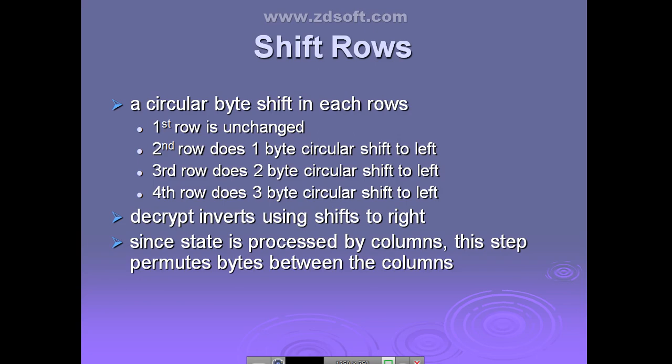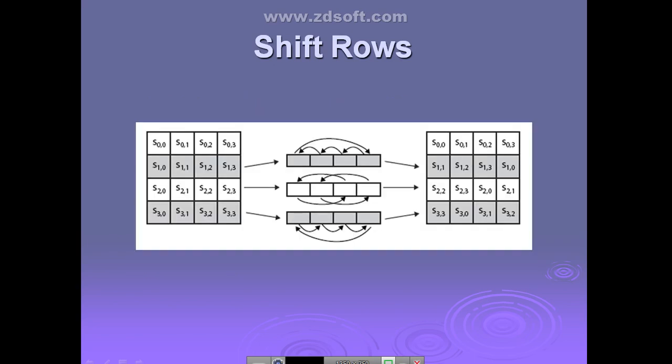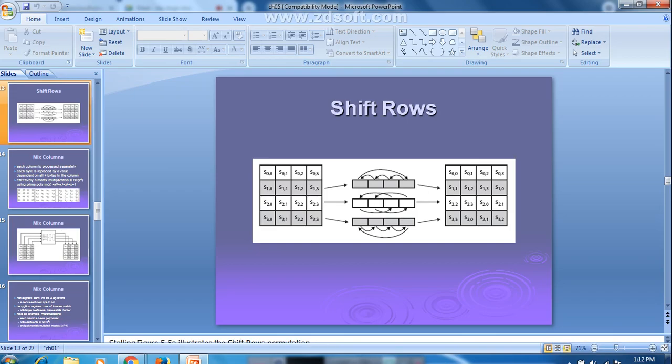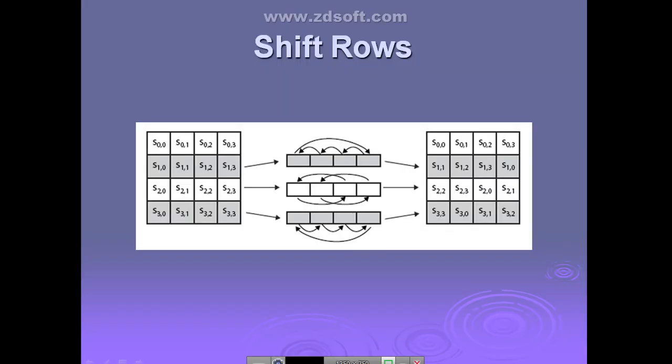Then after that, we have seen what is meant by shifting of the rows. The second operation performed in each round of AES is nothing but shifting of the rows. The name itself indicates you are going to do the shifting. That means a circular byte shift will be done in each of the rows. Now you can see it with respect to the example. See here, can you see the diagram? Shift rows. Can you see the diagram, guys? Is it changing the slide? Yes, can you see this one?